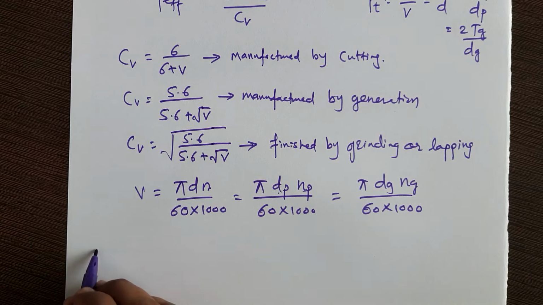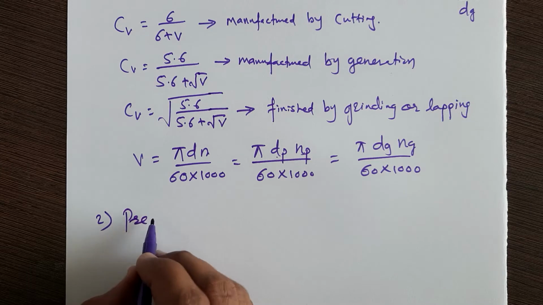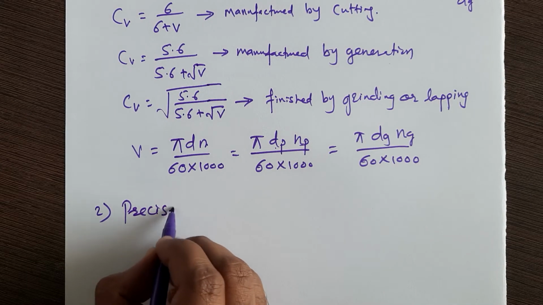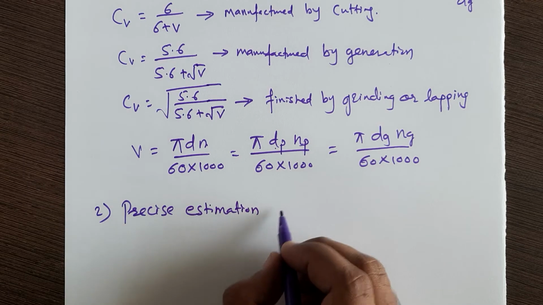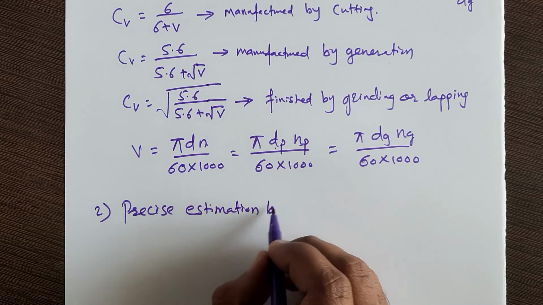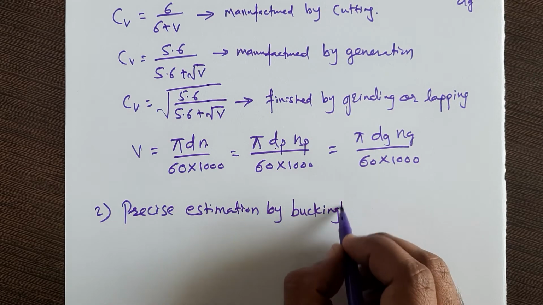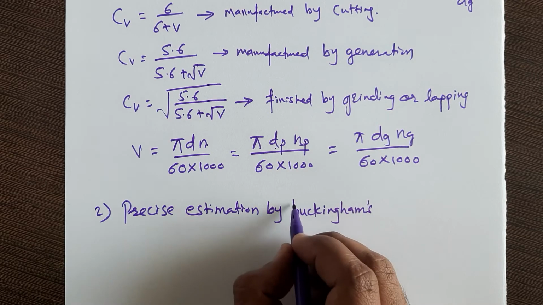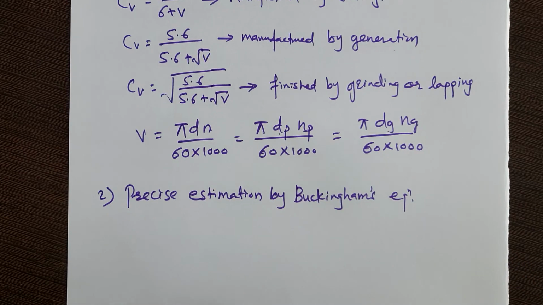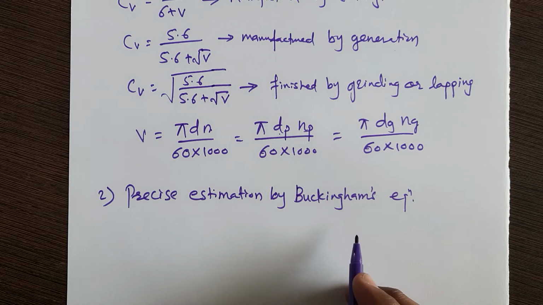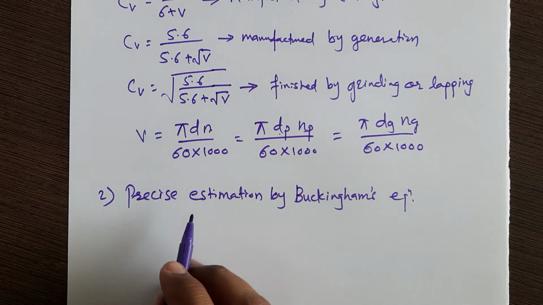Then the second method of estimation is precise estimation by Buckingham's equation. Precise estimation of effective load by Buckingham's equation. Okay. Now, by considering here Buckingham's equation for dynamic load PD, your precise estimation of effective load